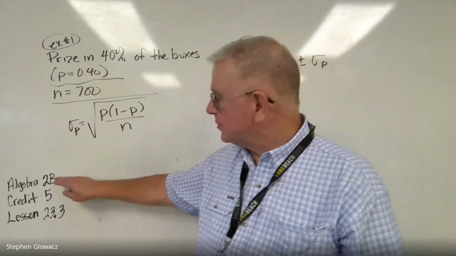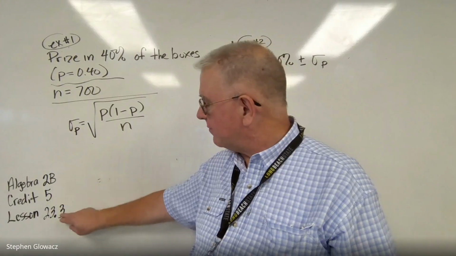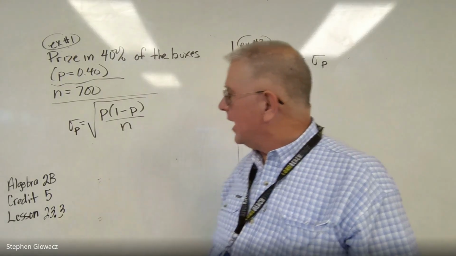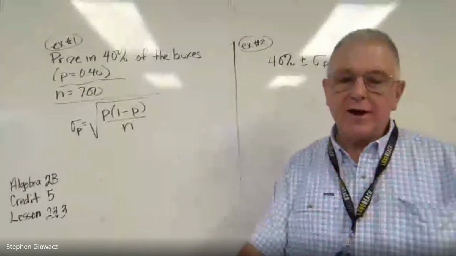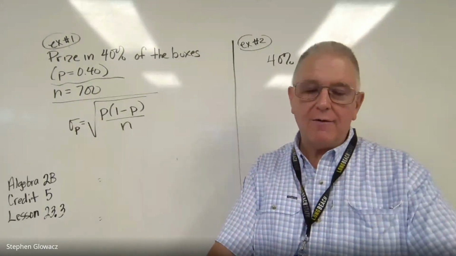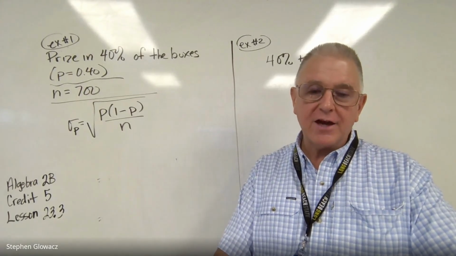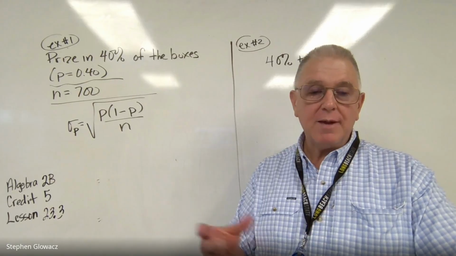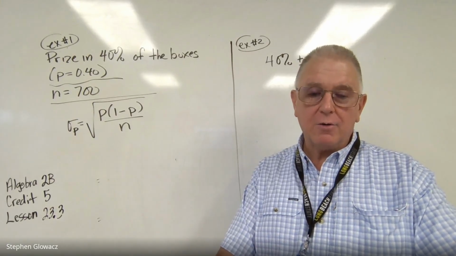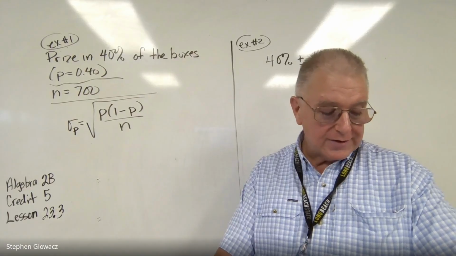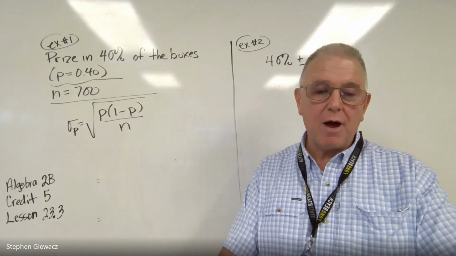These are the examples for Algebra 2B, Credit 5, Lesson 23.3. In Lesson 23.3, we're going to be talking about something called standard error of the proportion. We're going to see it's something that can be used in a manufacturing environment to make sure maybe that our machinery is working correctly. And well, in this case, we're going to see our problem is talking about